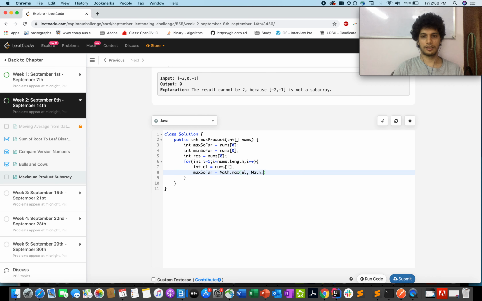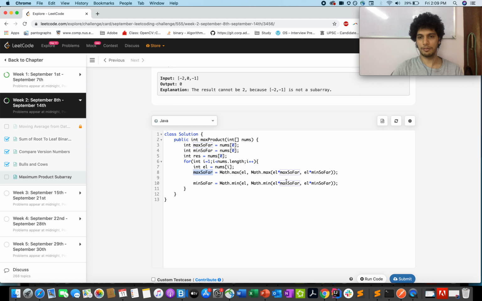Max so far will be equal to Math.max, el, el into max so far, as mentioned in the first case, el into min so far. Similarly, we'll update the values for the minimum part. Min so far will be equal to Math.min, el will be one of the contenders, el into max so far, el into min so far. You just need to be a little cautious here.